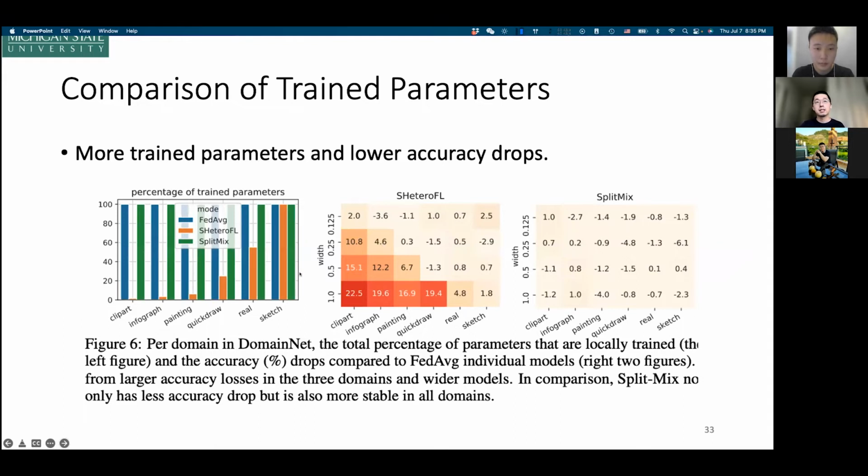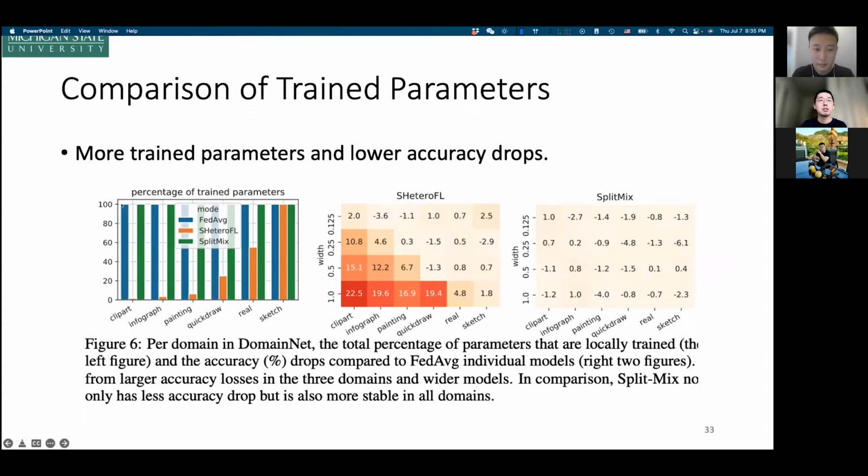Here we also provide some qualitative study to show why our method works so well, especially on DomainNet, which suffers from very high feature heterogeneity.